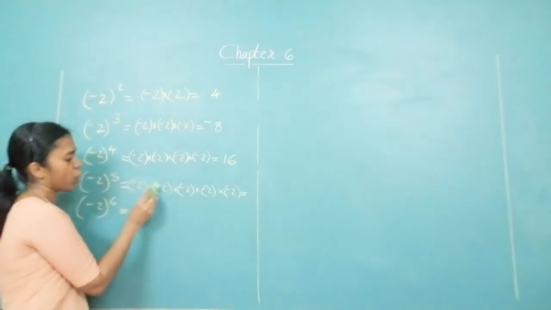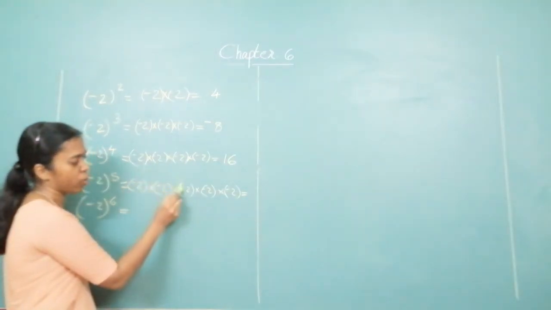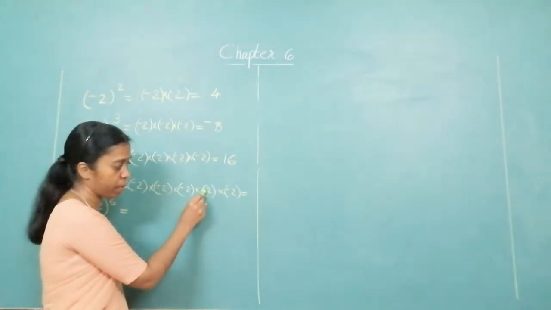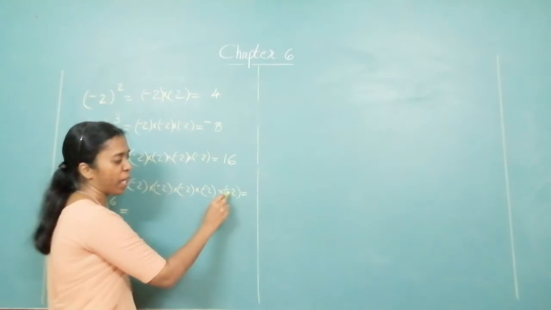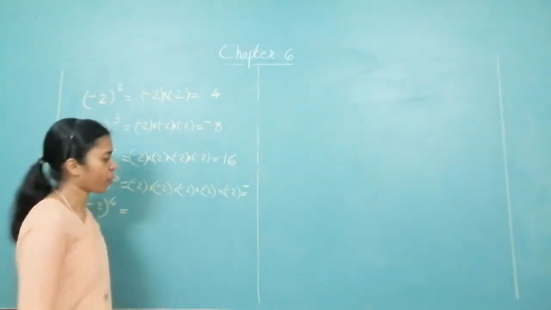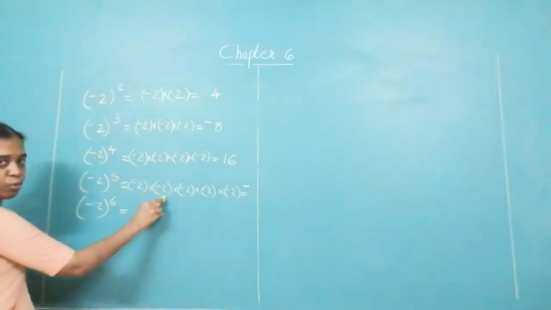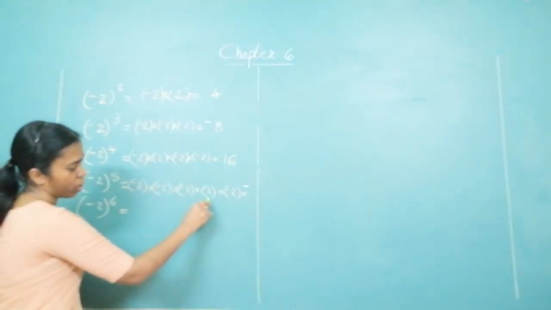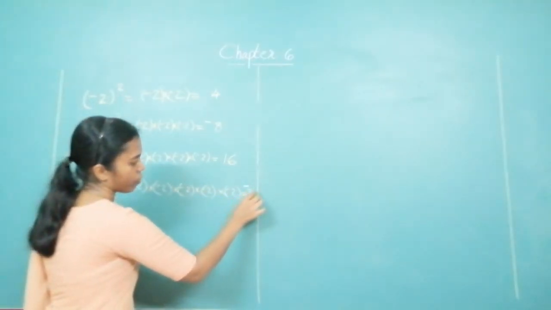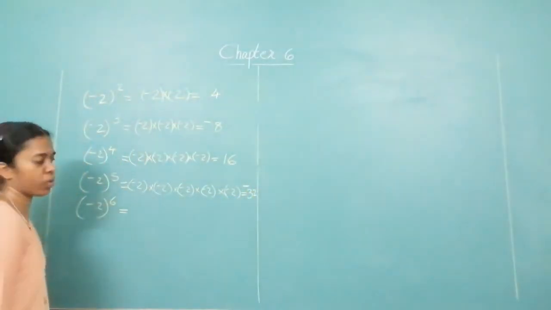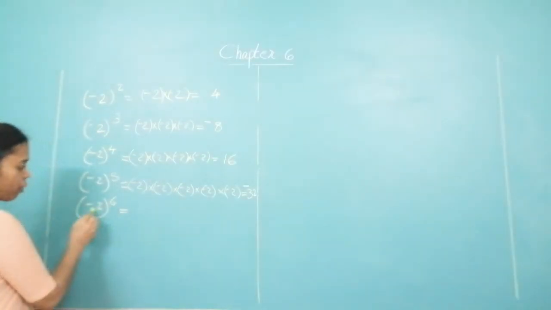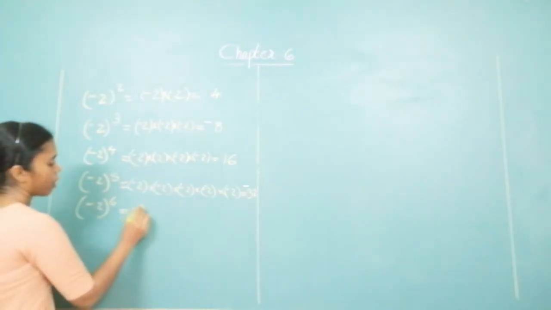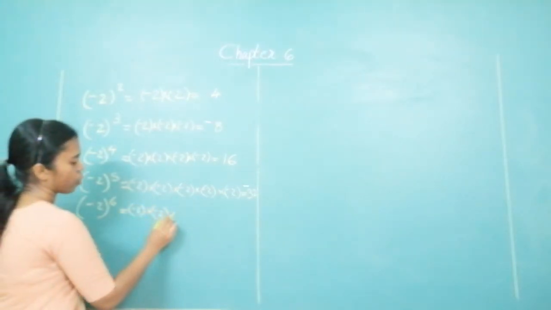Minus into minus is plus, plus into minus is minus, minus into plus is minus, minus into minus is plus, plus into minus, you get minus. Now 2 twos are 4, 4 twos are 8, 8 twos are 16 into 2, 32. Okay. Now if you multiply minus 2 raised to 6, you will get minus 2 into minus 2 into